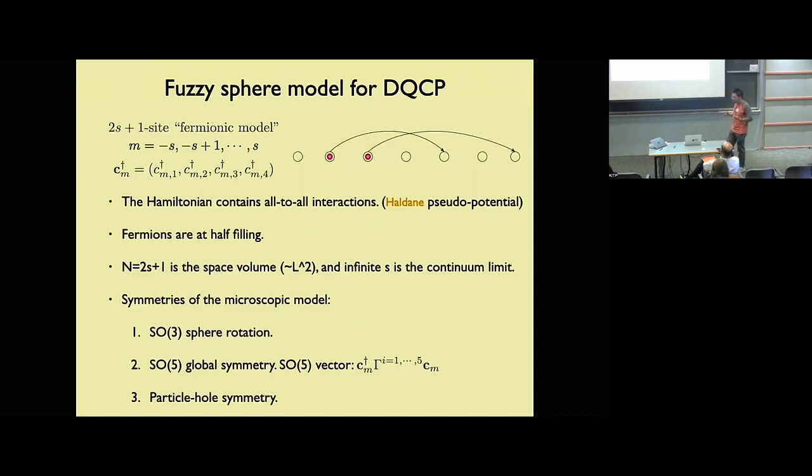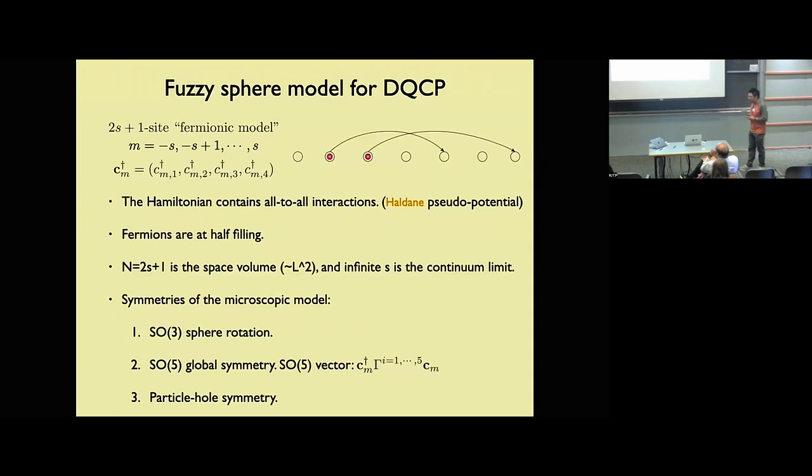because we are dealing with a sphere, which will be SO(3) invariant. Those interactions are called Haldane pseudopotentials, invented by Haldane many decades ago. We consider a situation where the fermions are at half filling. On average, each orbital will have 2 fermions. And the total number of sites is the space volume,